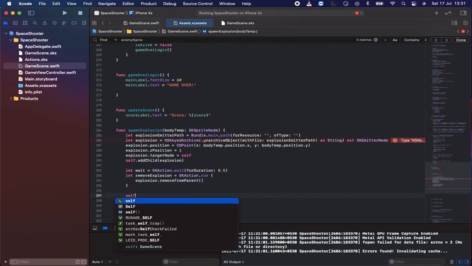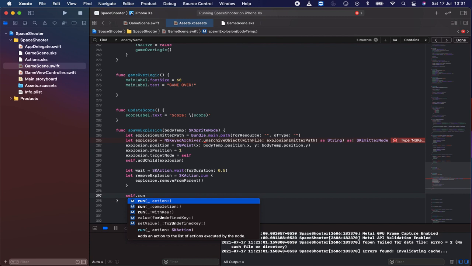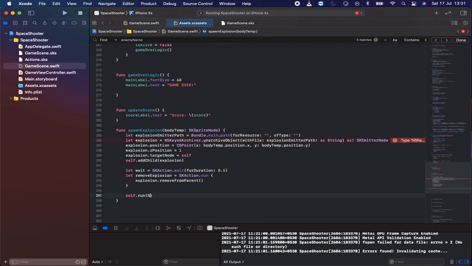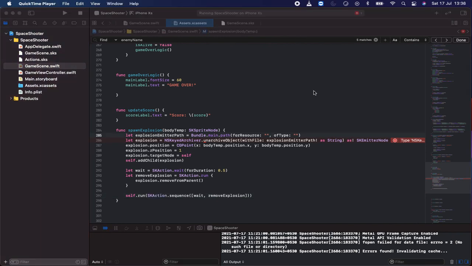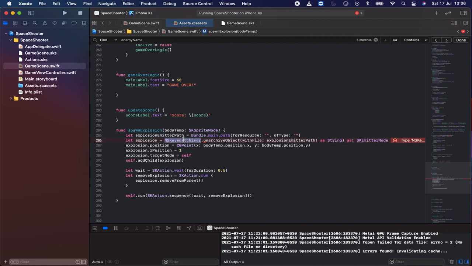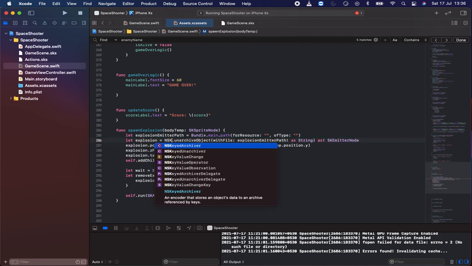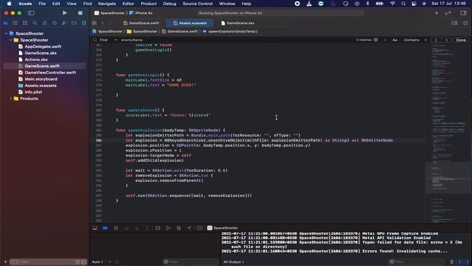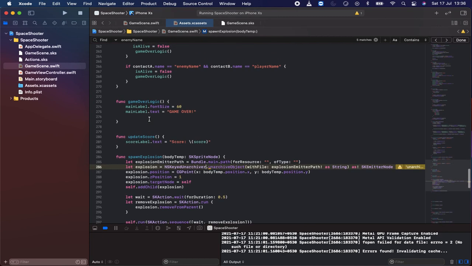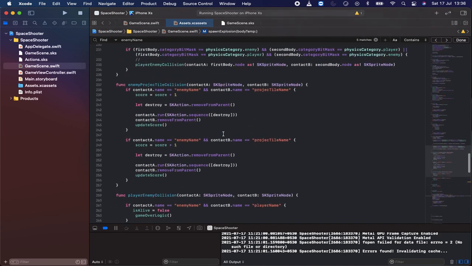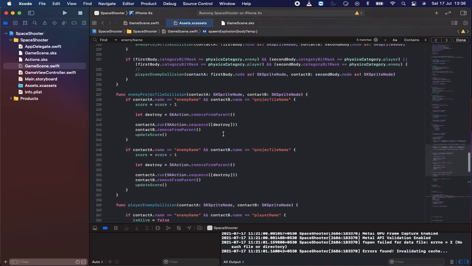Then at last self dot run with the SKAction sequence. Inside this action, what I'm bringing here is a wait and remove explosion. Yeah, it should be in an NSKeyedArchiver. Yep, that's gone. So we have written the explosion,